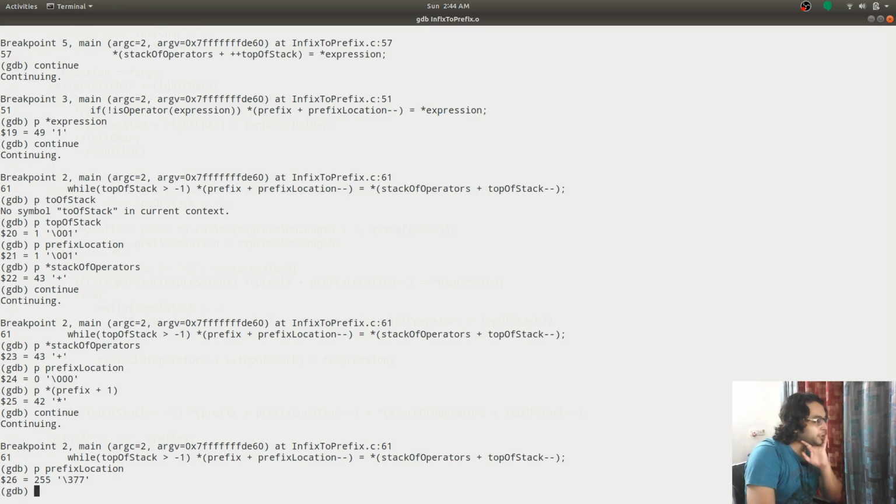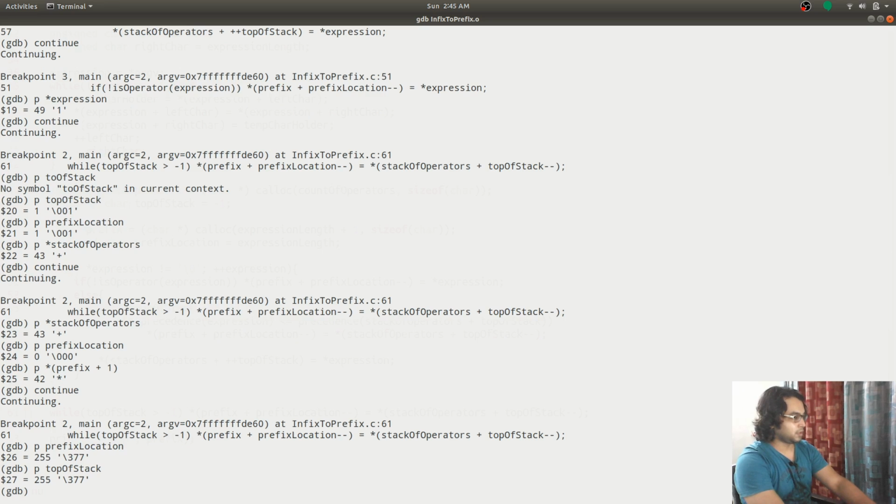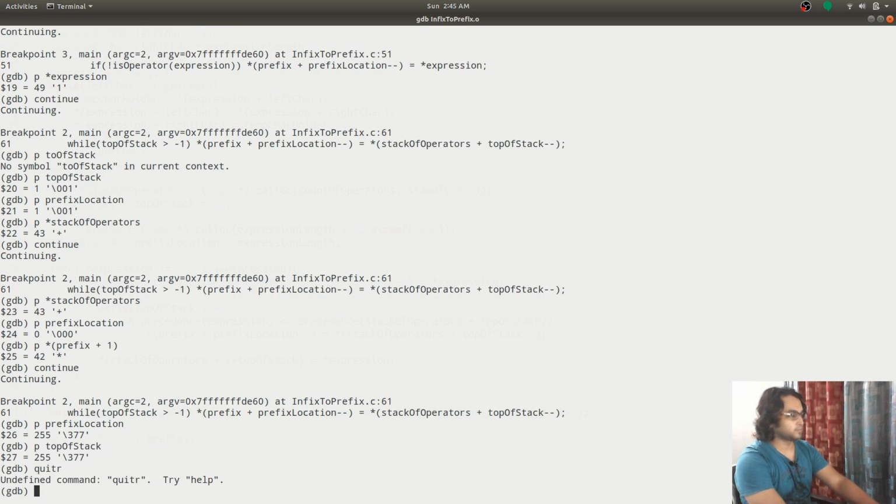We are running into integer overflow. What is the size? What is the p? 55. I got the problem.